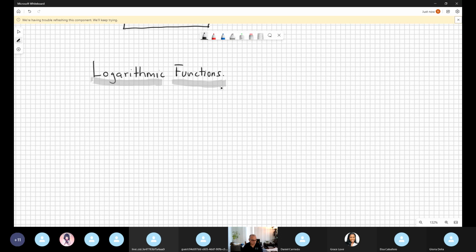Entonces, by definition, the logarithmic function is the inverse function